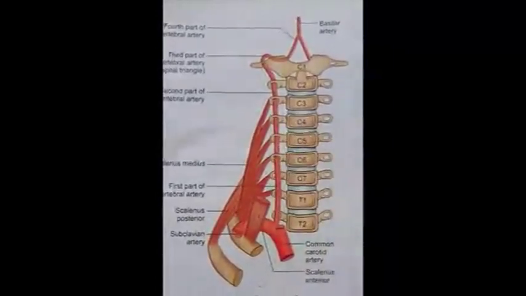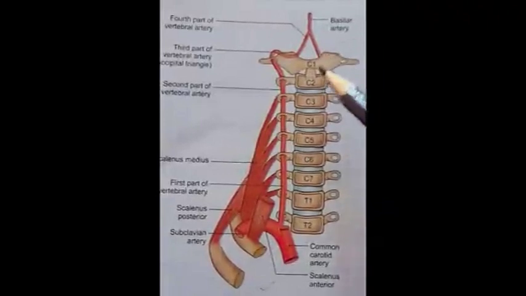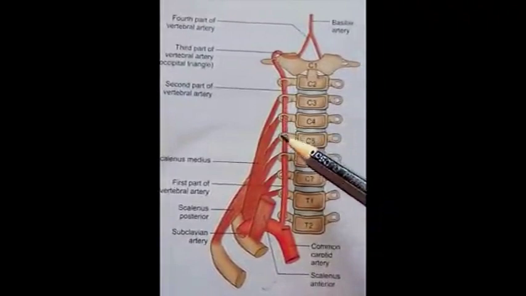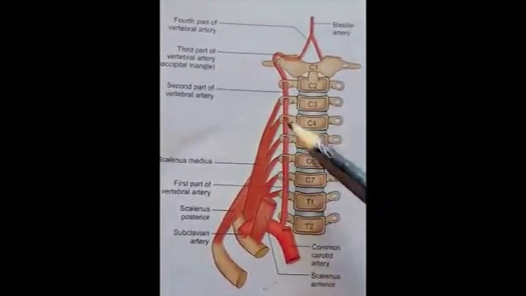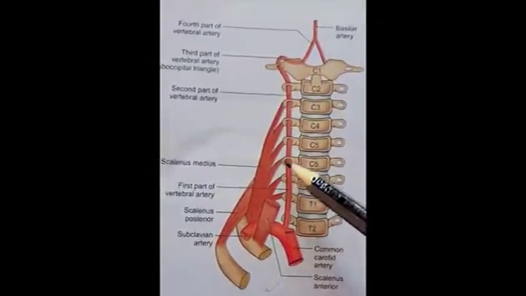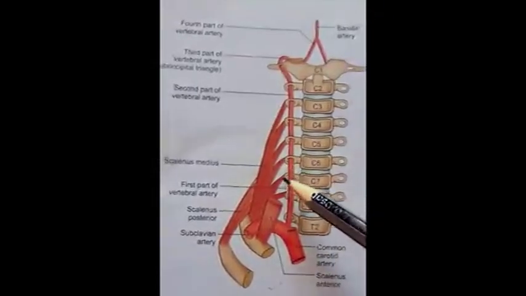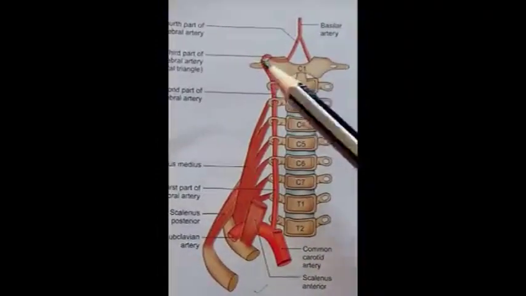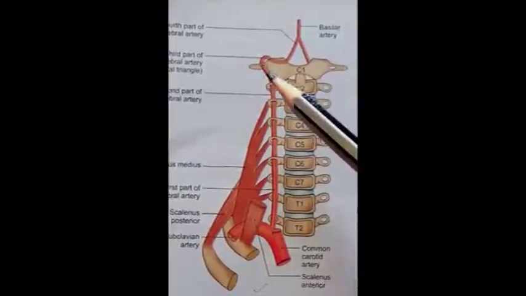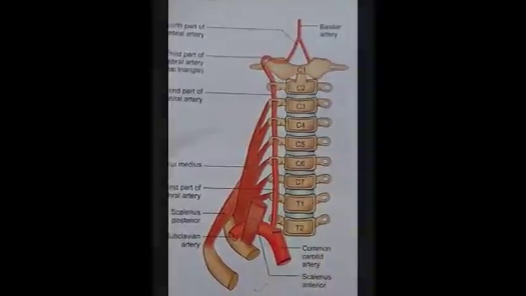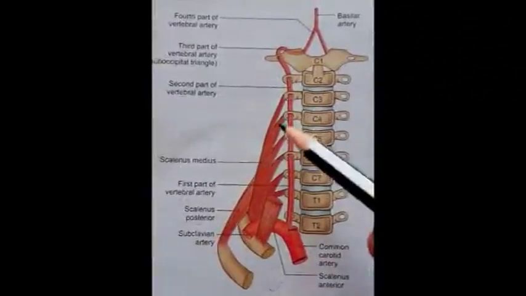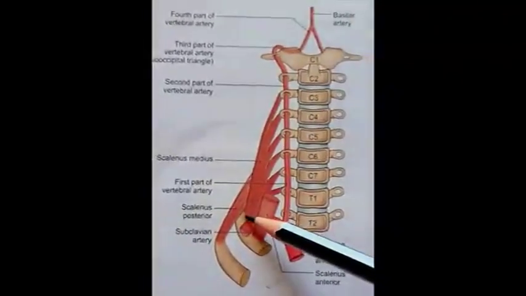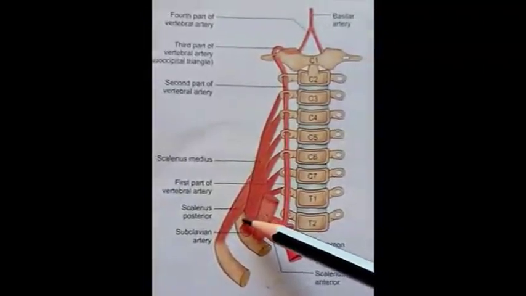So in this diagram we can see the scalenus anterior muscle is cut down to expose the origin of scalenus medius muscle. Origin of scalenus medius: this muscle arises from posterior tubercles of transverse processes of cervical vertebrae C3, C4, C5, C6 and C7. Sometimes transverse processes of C2 and C1 also take part in giving origin to the muscle fibers. Then insertion of the muscle: the muscle fibers descend downwards and slightly laterally and insert in the superior surface of the first rib